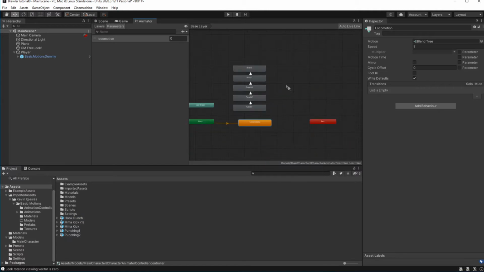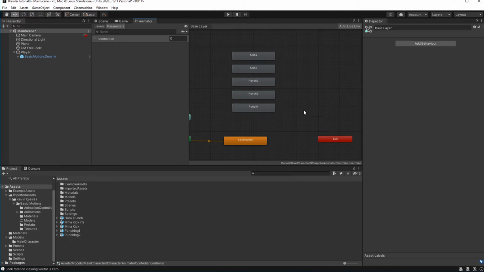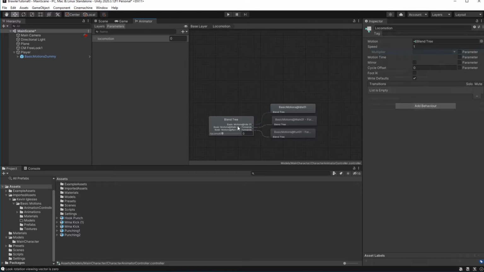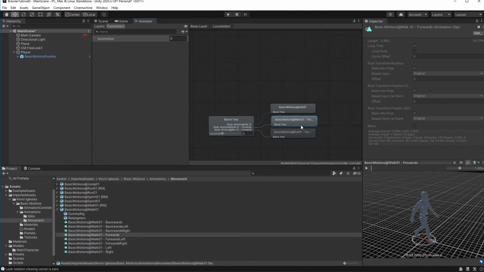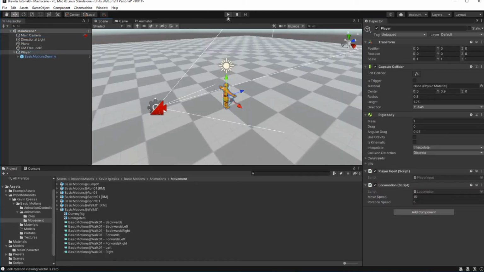Now we want to play them based on the player input. Attention, if your animation is moving the model, it can cause issues with root motion being on. We will discuss this in a later episode when we will look into the rolling and dodging animation.